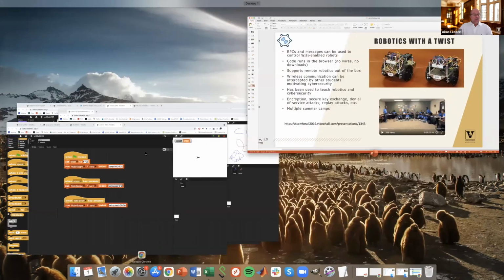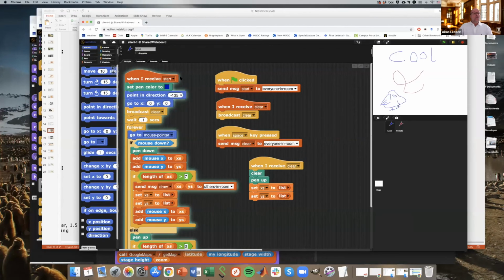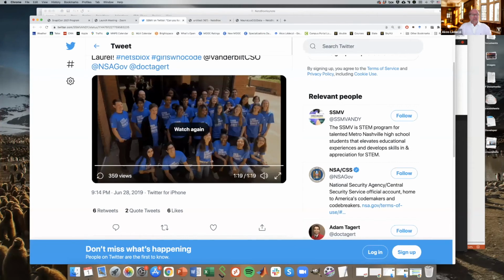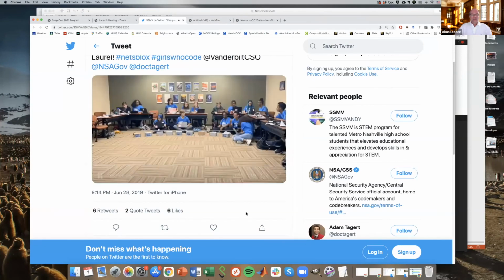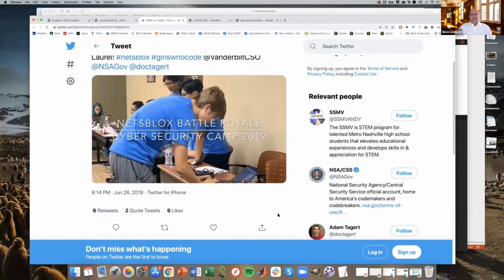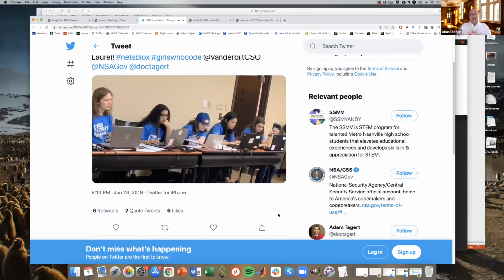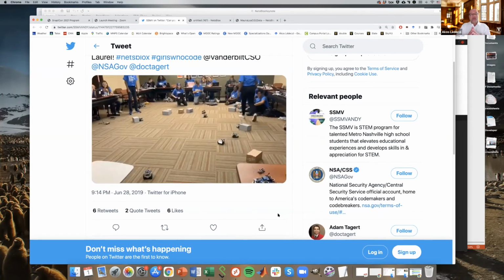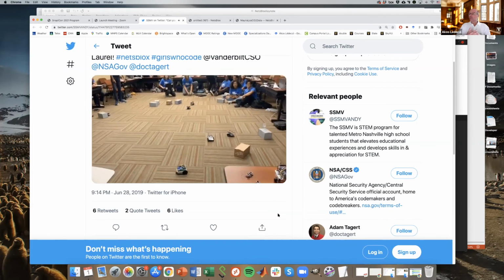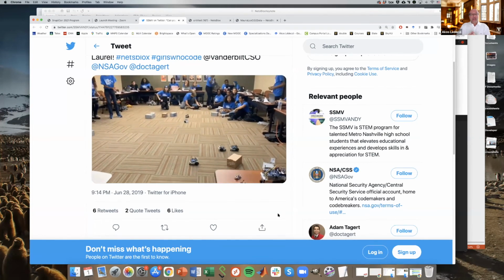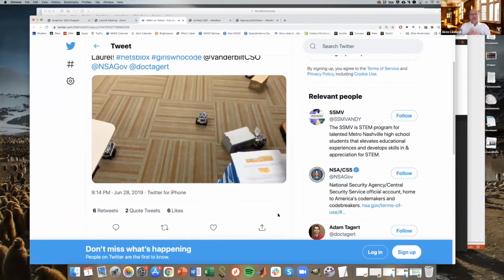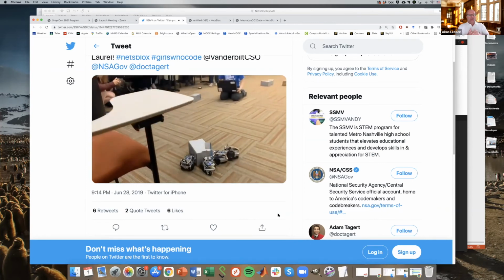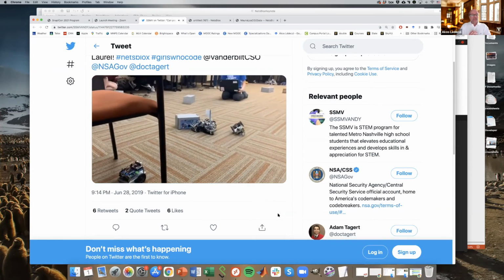Let me, hopefully, where is that? Too many tabs. Yes, so here is a brief video of the camp. At the end of the camp, they had to write a robot control, a manual driving remote control app, and they had to push these boxes into a target area, and whoever pushed the box through first won. And everybody else was allowed to try to hack their robots. And I was playing the goalie under this chair to try to mess with them even more. It turned out that I wasn't a very good goalie, but you'll see.